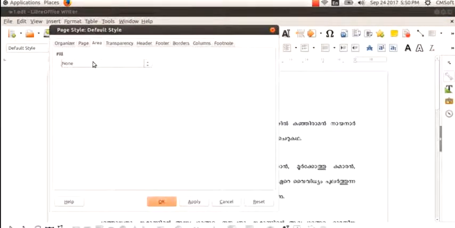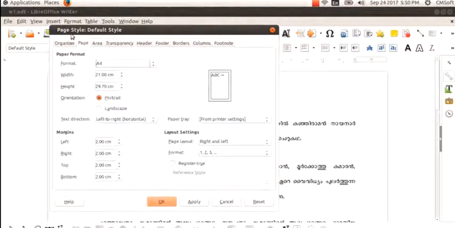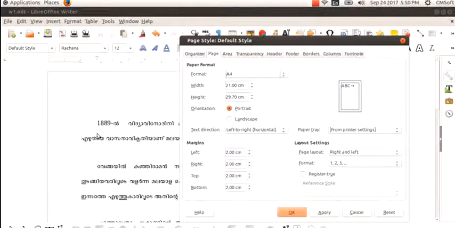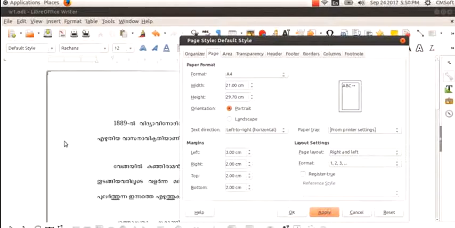Now select format, then page. Then select the page tab. You can see margins. Margin is the space between this page ending and the line. Now the left margin is increased as 3.